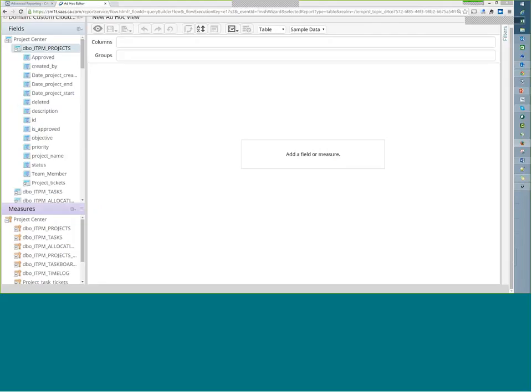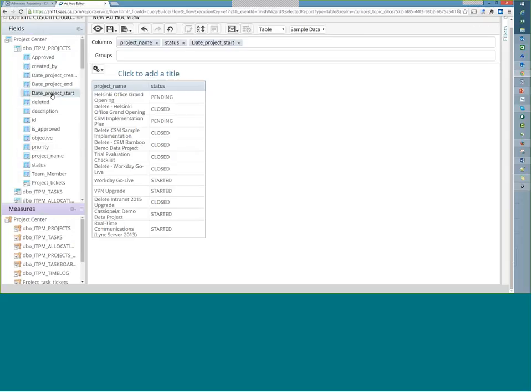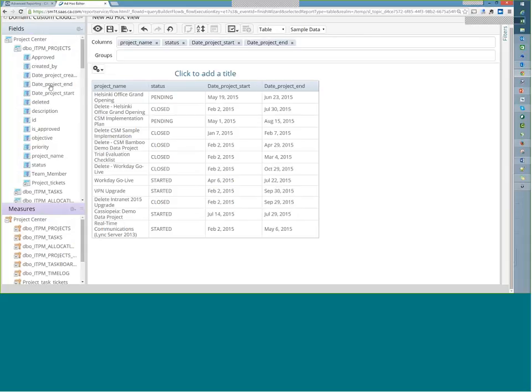First field is project name. So I can just double click the fields here. I have fields and measures. Any number field in the database will go to measures. Anything else will go to fields. So project name is in fields. Status is here, double click. Start date. So I have date, project start, date, project end. And I have